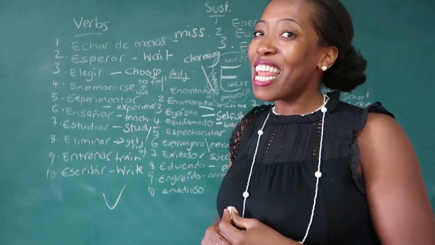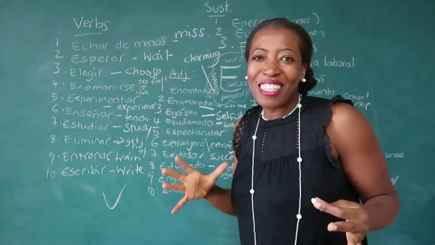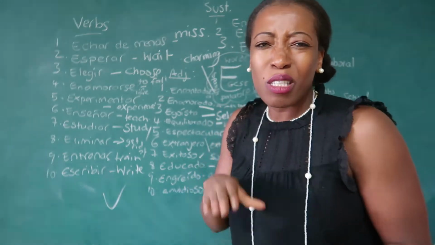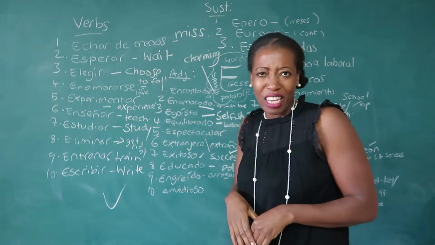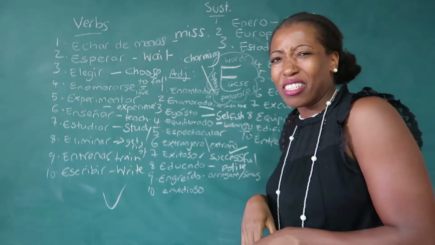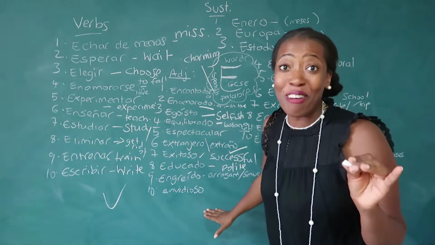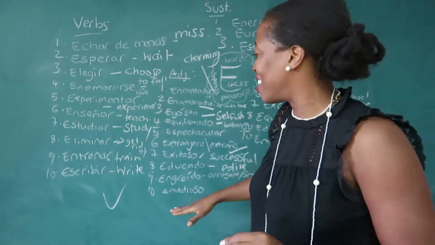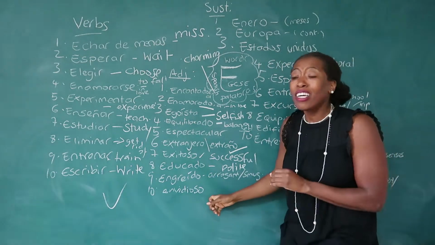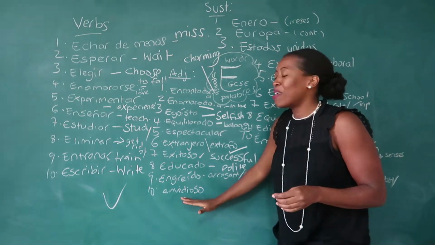Okay. Next, number 9, we have engreído. Engreído is one of those negative words. And it means someone who's a bit arrogant. Oh, no lo aguanto. Es un engreído. Okay. I can't stand him. He's so big-headed. He's so arrogant. So smug. Okay. That's a nice adjective for you. Negative, but it's good to know it. Engreído. Okay? Arrogant.